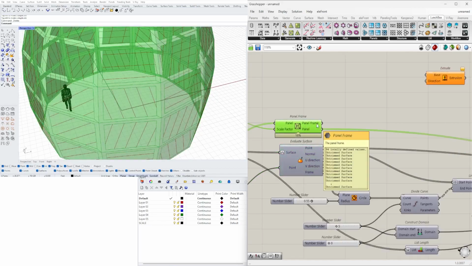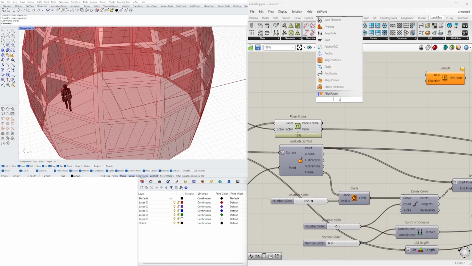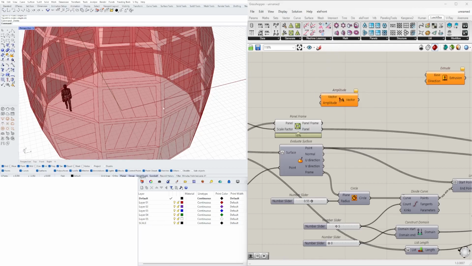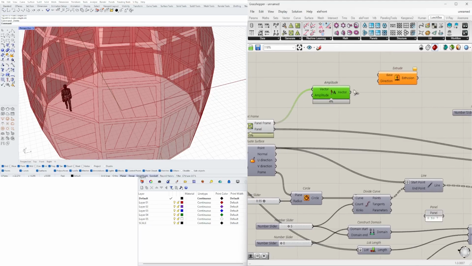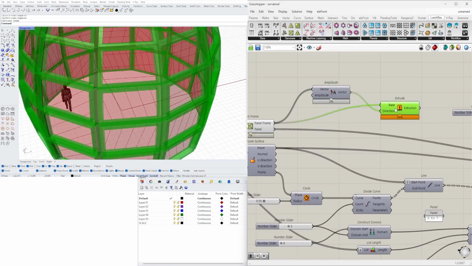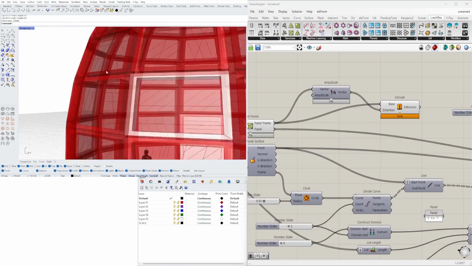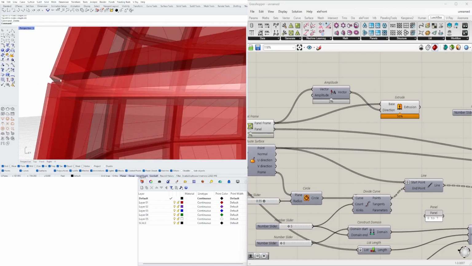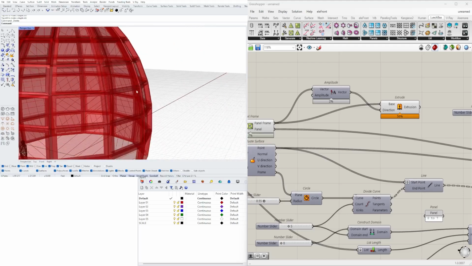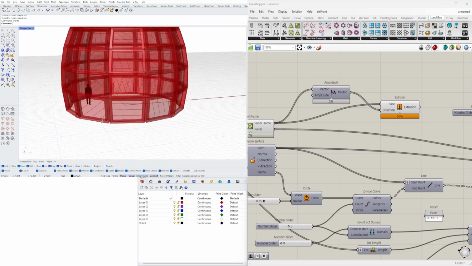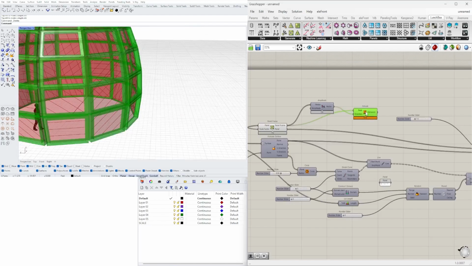The panel is going to be the panel frame, and in which direction? Well, in the same direction as the surface. So perpendicular, or the normal of the surface. So we'll be using panel frame as the input, vector as the direction, and the panel frame as the base input. This will extrude it to the outside. I want to show you how we're going to create a detail between these as well. We may not do it on this one, but what I want to show now is, now that we have this,